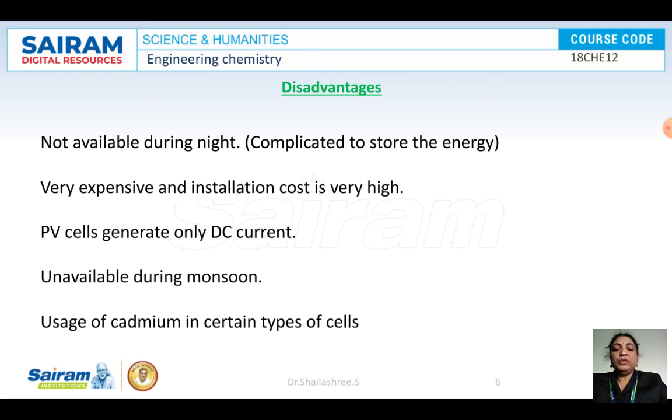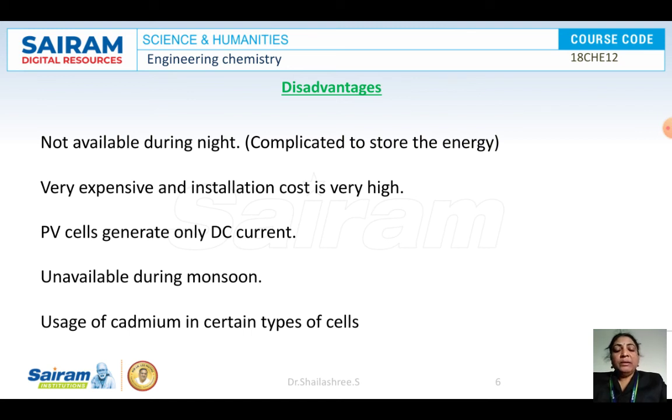When this question is given, you must end by writing some advantages and disadvantages. It is advantageous because it's eco-friendly, environmentally friendly; no toxic byproducts are formed. Coming to the disadvantages, you must write any two points. It generates only direct current, and to convert it into alternating form, suitable devices must be present. And it will be particular to some regions: in sunny regions only can we generate more energy, while in hilly or cloudy regions the production will become less.